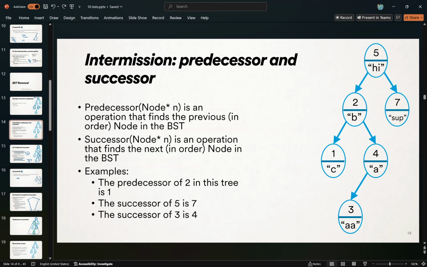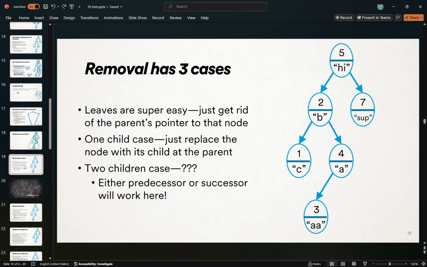So to do a 2 children removal, we can use either the predecessor or the successor. That's why I've taught you this, okay? They're useful algorithms, but this is why I've taught you this, okay? So we will get to that maybe next time because we're running out of time. I want to stop before